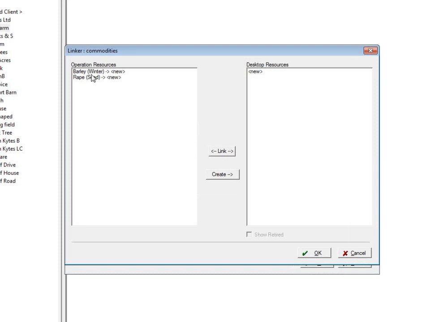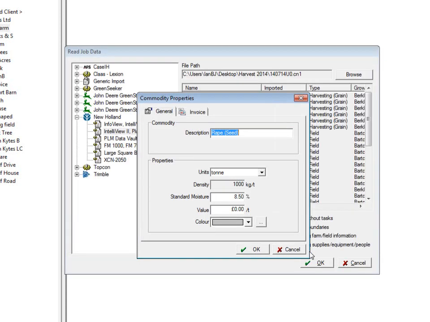We're now bringing 2 commodities in, so we're bringing winter barley and seed rape in. They're new, so we don't need to link them. We just click OK, they'll be created automatically. We've got our operator, and we haven't got any operators in at the moment as this is the first time, so we click OK. This is our monitor, and so we need to bring that in. We click OK. And this is where we get our commodity properties. If we want to put a value for that crop in at this stage, we can do,